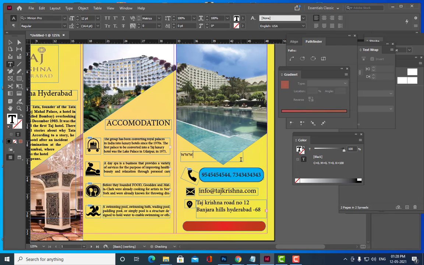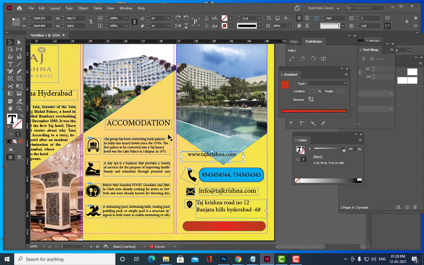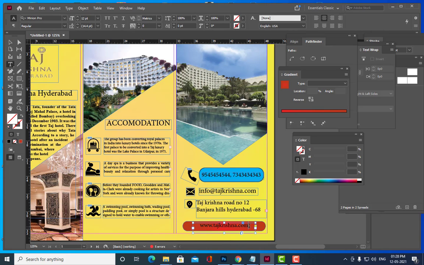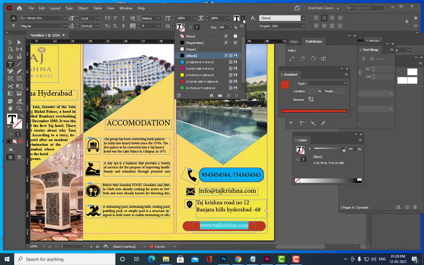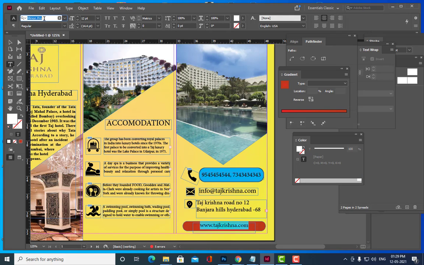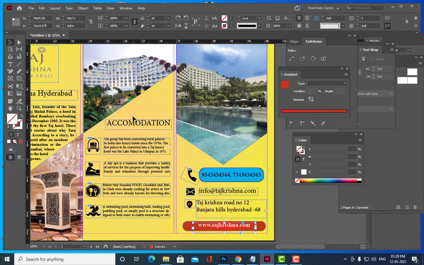We'll say www.tajkrishna.com. Okay. I'll just center align this, then keep it. So we'll give it which color? See, white will be nice. Okay, and we'll give Times New Roman bold. Is it clear, all of you? Yes, sir.